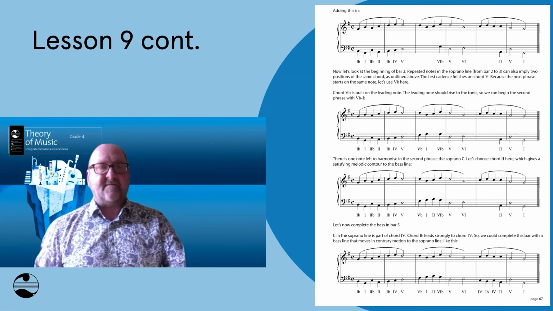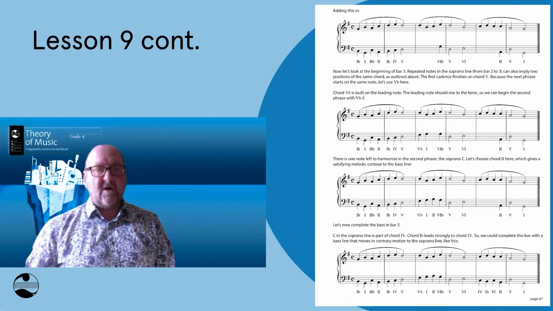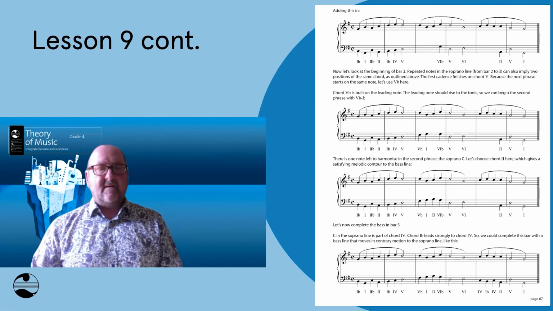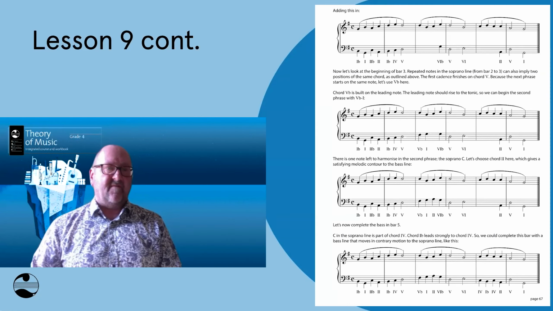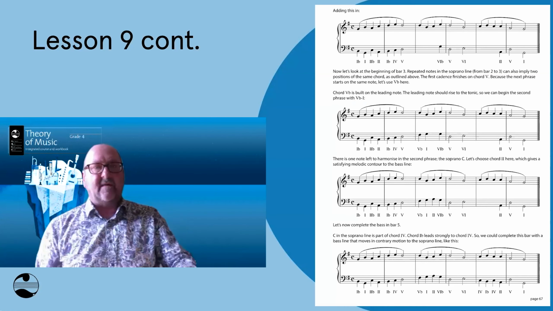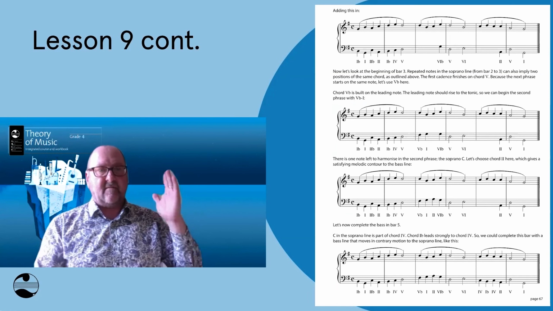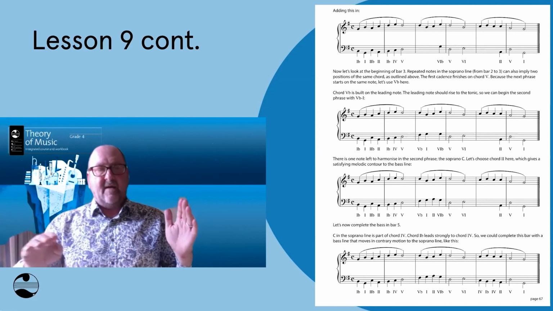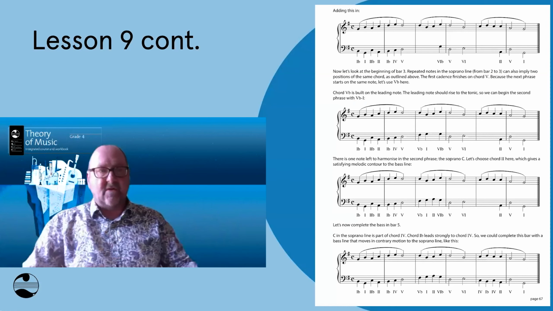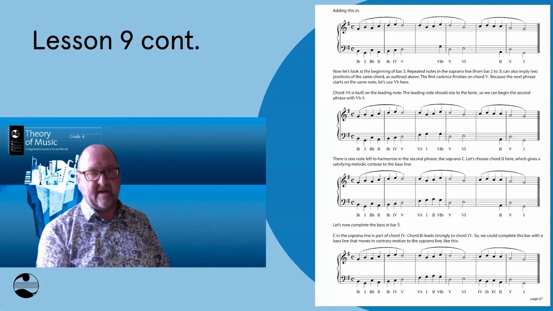You can see that I've tried to keep the bass line smooth and melodic as we go. And then on the bottom system there, I think you can get a sense of how the bass line now works as a whole melody. And this is what I'm trying to encourage students to do, to not see the bass line as just plop, plop, plop, plop, but as a whole long line itself, a beautiful melodic line, just as melodic as the soprano line, but with a few more fifths and octaves, I would say.